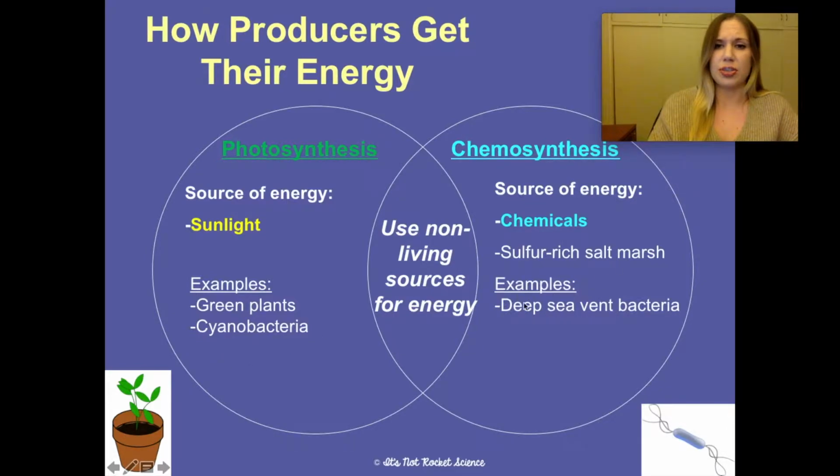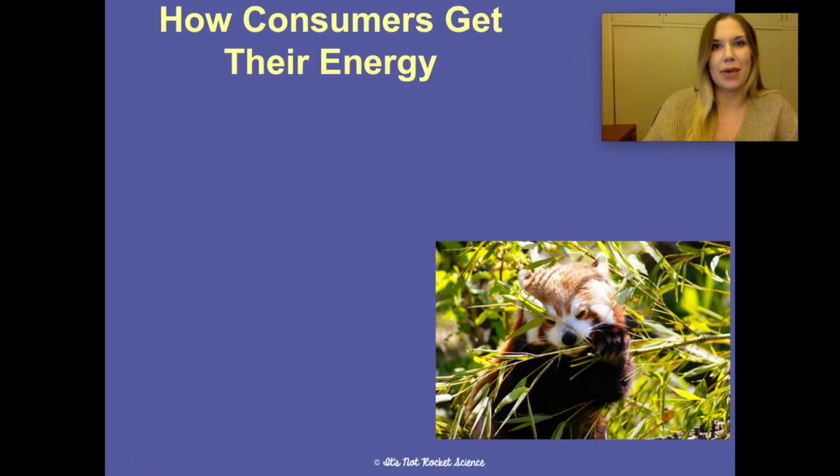Okay, and then here on the right, we call them this specific type, deep sea vent bacteria. It's kind of hard to say. I'm actually surprised I got that right on the first try. But yeah, there are some bacteria located deep within the oceans, deep within our seas. When they're in the deep ocean, there's really not a lot of light to go around that deep down, and so they're actually able to use sulfur, use chemicals down there, so they don't die. Kind of important. Okay, so that was producers.